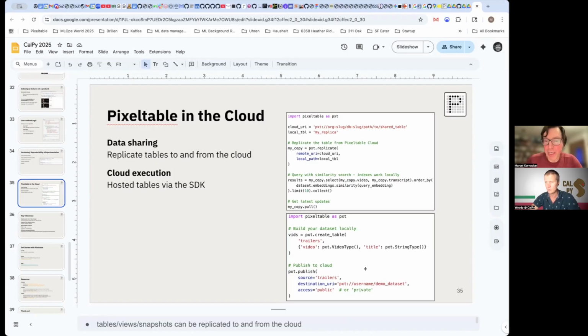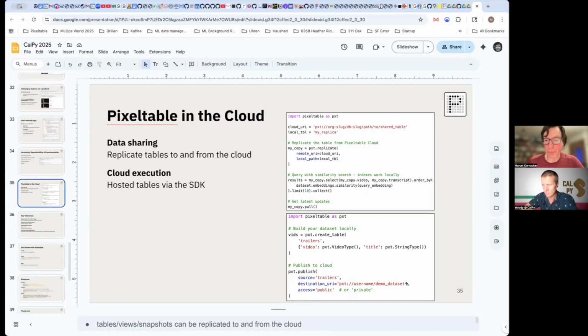You have a table here that contains videos, and now you publish the table under a particular URI. That means people you collaborate with can now get a local copy of that by replicating that URI. And that local copy will include all of the media files as well. However complicated your data set is, it'll basically include all of the media data that is part of that table.